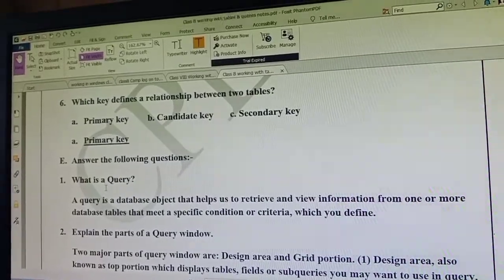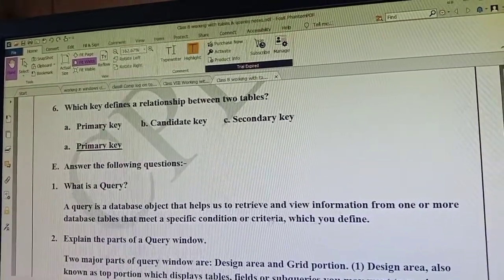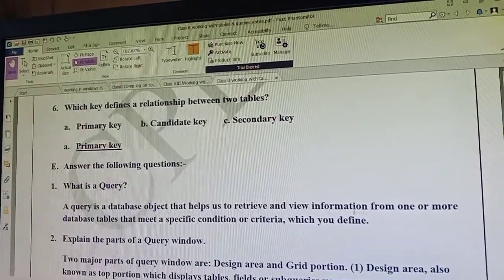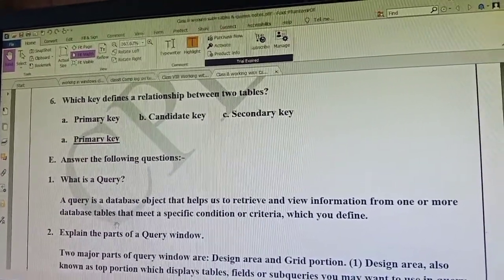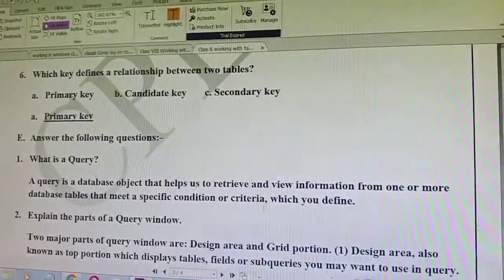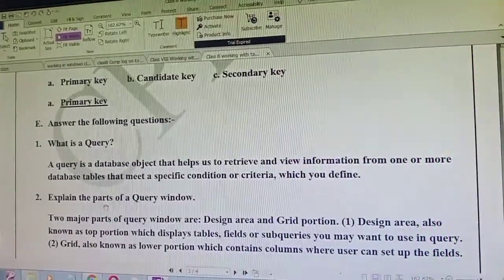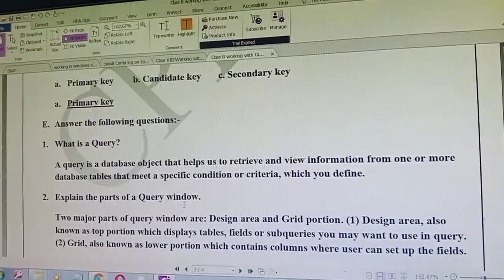What is a query? As I have told, a query is a database object that helps us to retrieve and view information from one or more database tables that meet a specific condition or criteria which you define. Next question. Explain the parts of a query window.